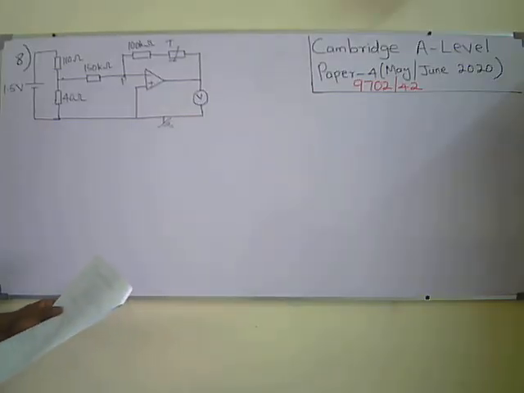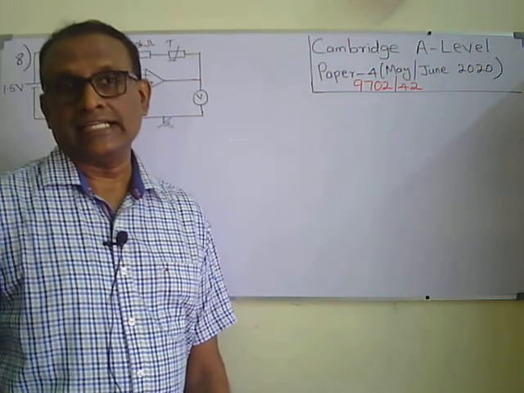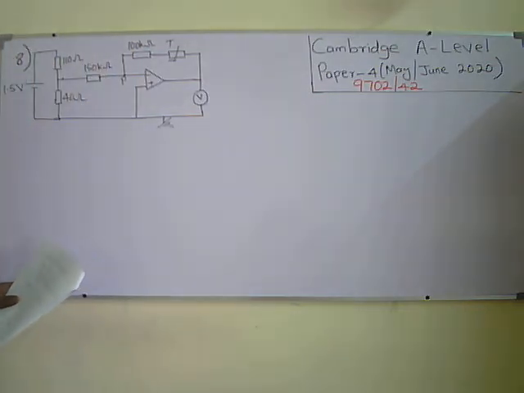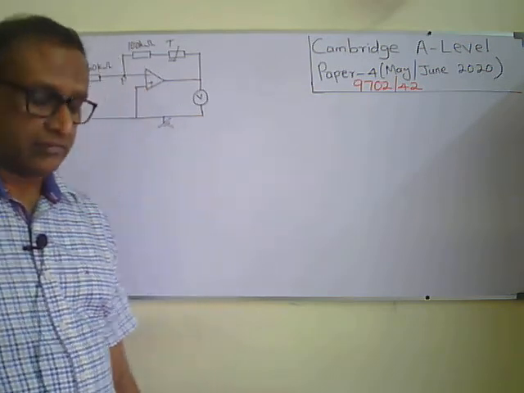Okay, so A part, second part: state the effect, if any, on the output voltage of increasing the load resistance. Actually, you know, it does not change. The output voltage does not depend on the load resistance. So the answer should be, there is no change, or unchanged, right?